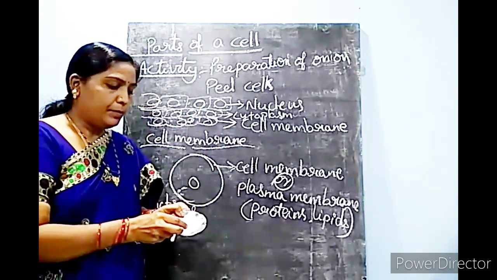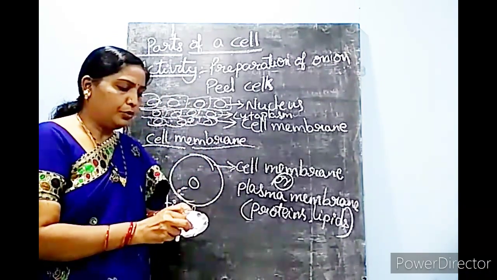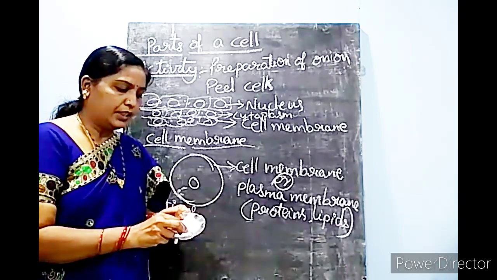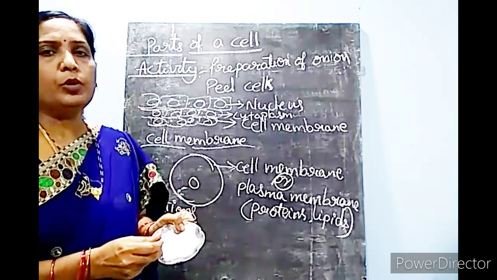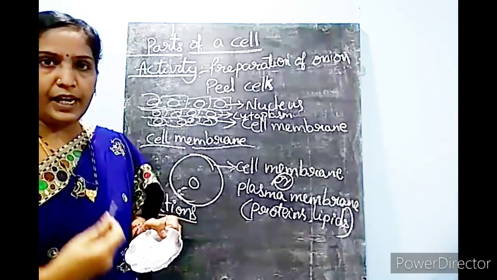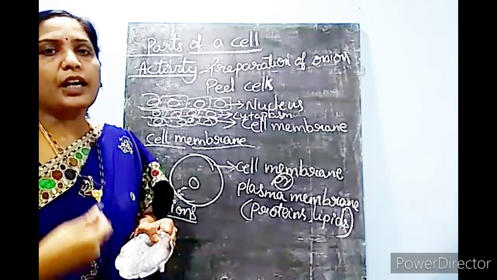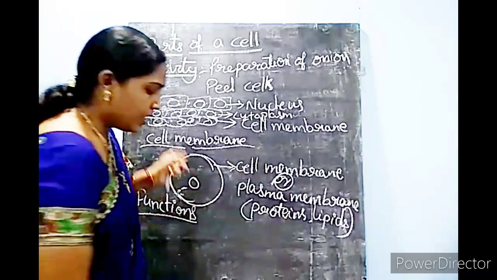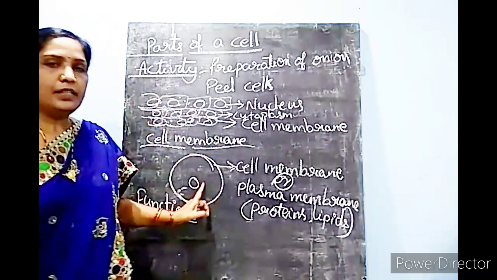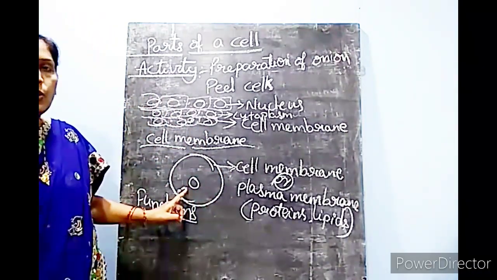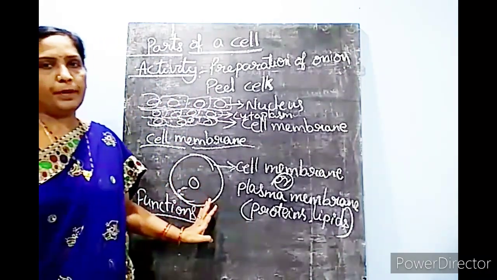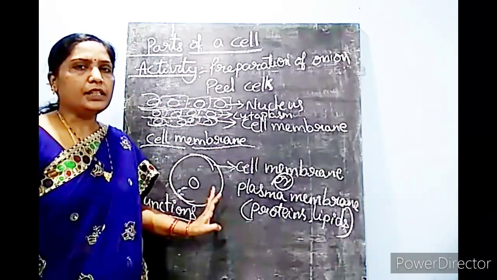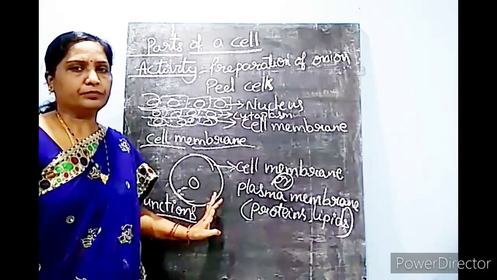In the same way, you can keep it on a glass slide, put 2 drops of water on it and add methylene blue. Methylene blue acts as a dye. This dye gives color to the cell parts. All the cell parts look white in color. When you add methylene blue, it gives some color to these parts and you can observe them clearly.